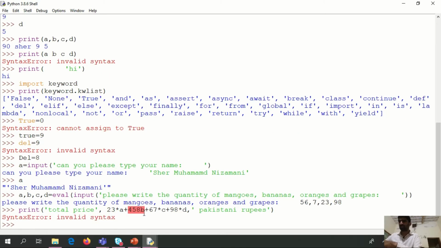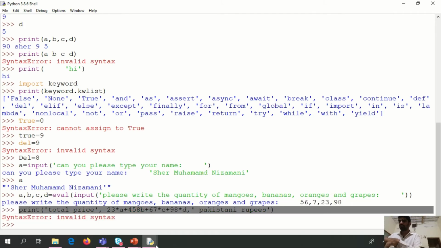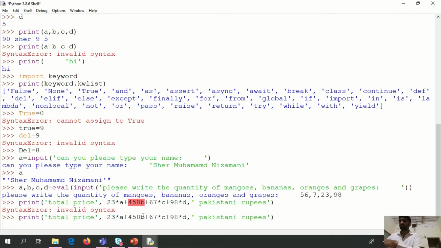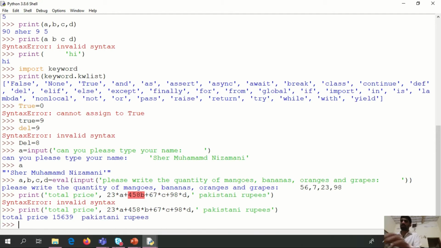Here it will give me a syntax error because I did not put the multiplication operators. So I'm just copying this, and now we see.